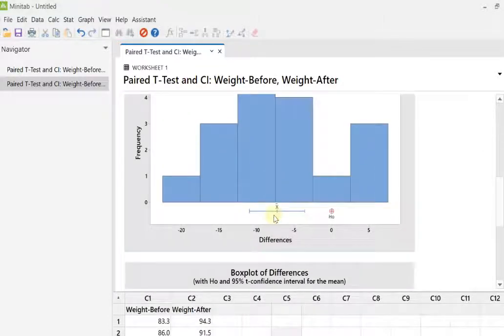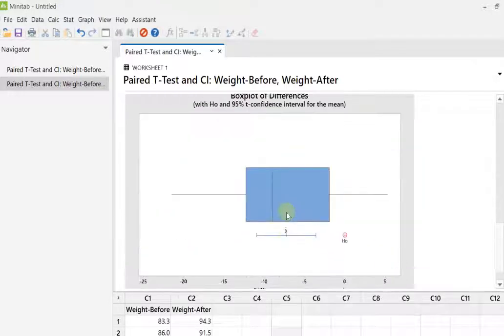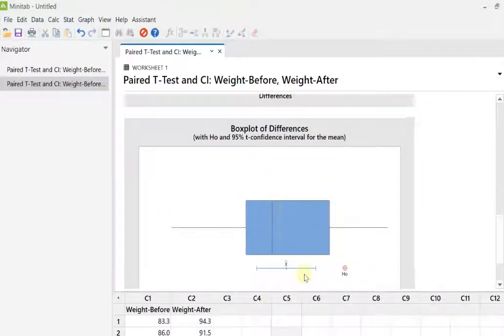And here's your box plot. And remember, before this, the line below the box plot went from here all the way to the left. There is a left arrow. It was running to negative infinity. Now it's not. And this is your confidence interval, and this is your box plot. So the shape of the box plot, notice, didn't change. It's just this label that changes.